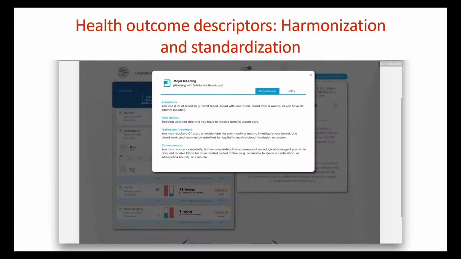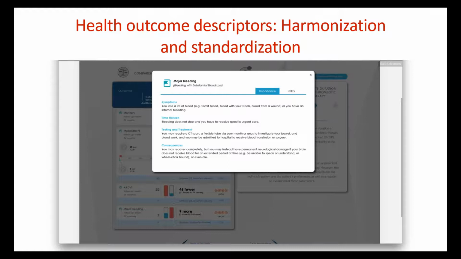Going to the next slide, in order to communicate with patients, what is part of these decision aids that then help implementing our risk assessment models is a description of what we really mean by an outcome. Because, for instance, communicating with the patient, but also with clinicians, what a major bleed is that is considered in a decision aid as well as in a risk assessment model will require clarification, and we use something that is called health outcome descriptors in these decision aids that facilitate the understanding and make very clear and transparent what is actually meant.